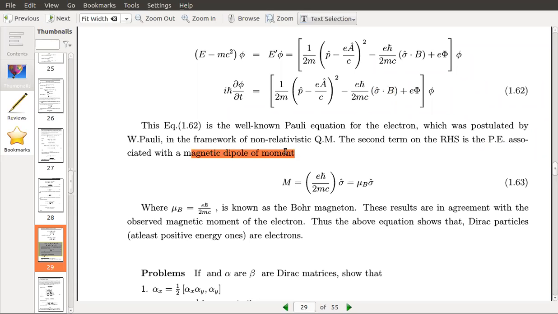Okay, so this one eħ by 2mc into sigma is nothing but μ_B, Bohr magneton, into sigma. So whatever is in this bracket term is the Bohr magneton. Okay, so Bohr magneton arises when the atom is subjected to a magnetic field. Okay, an atom is a tiny magnet. So when you apply an external magnetic field,